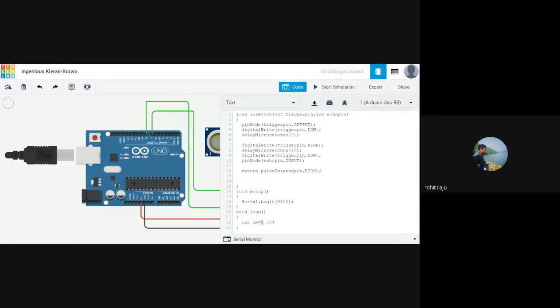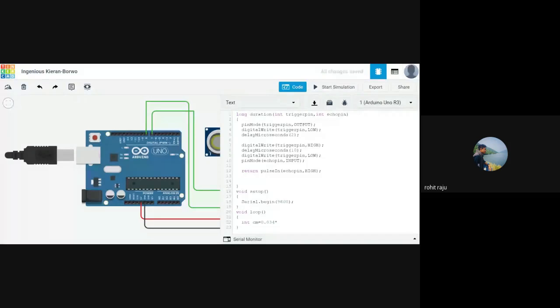We need to convert those meters into centimeters and those seconds to microseconds. So 1 second is 10 power 6 microseconds and 1 meter is 100 centimeters. So you can do the math. So you arrive at this value and you need to multiply with time.